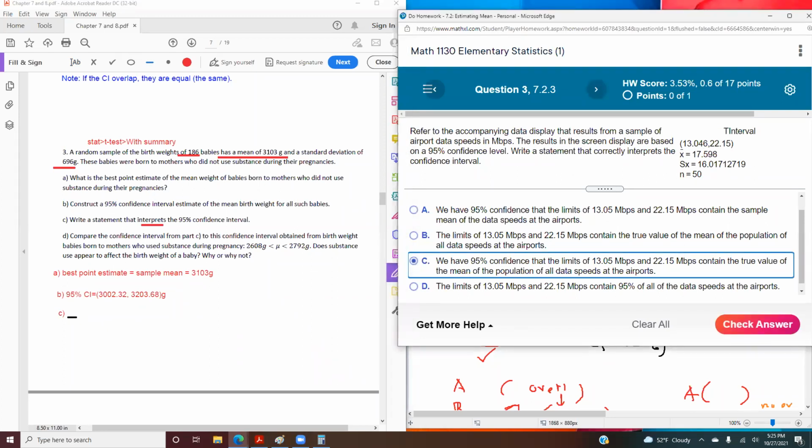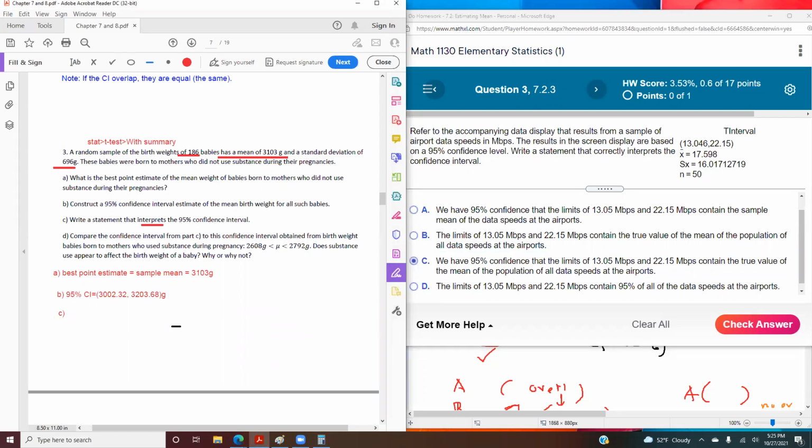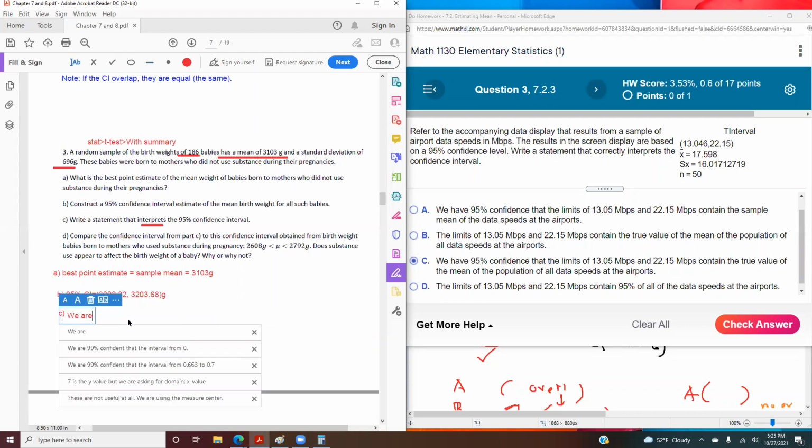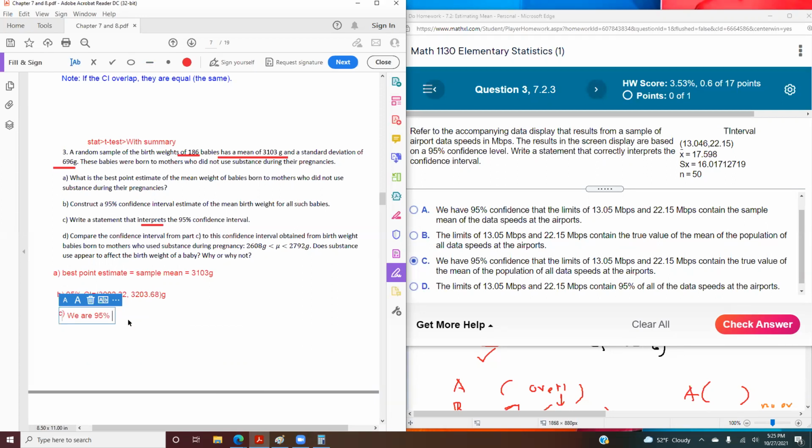I want you to write it out, because on your test it's not multiple choice like this, not A, B, C, D. It's going to be like the one you did over here. You have to write it out. So: we are 95% confident that the interval from, what's the interval we get for part B? 3,002.3 grams, I just make the number a bit shorter, and 3,203.7 grams contains